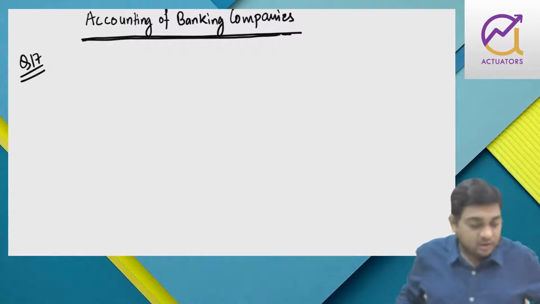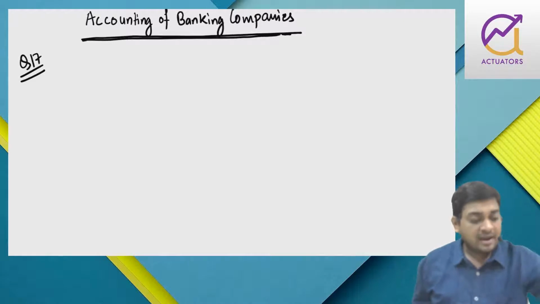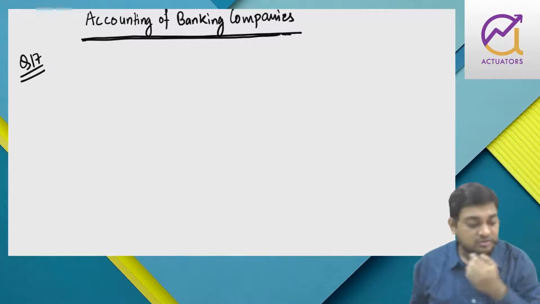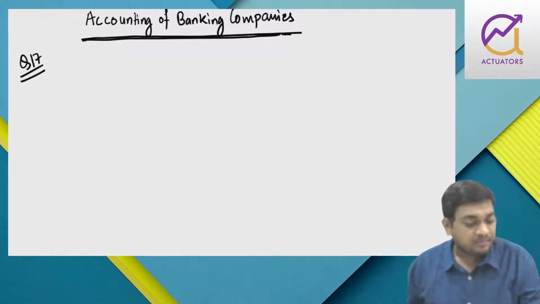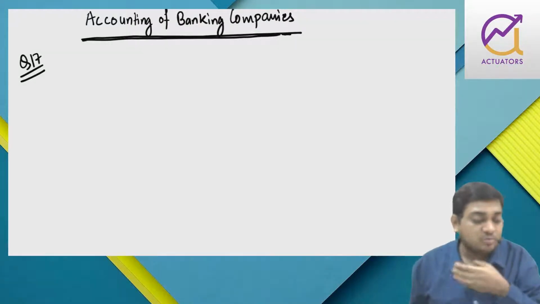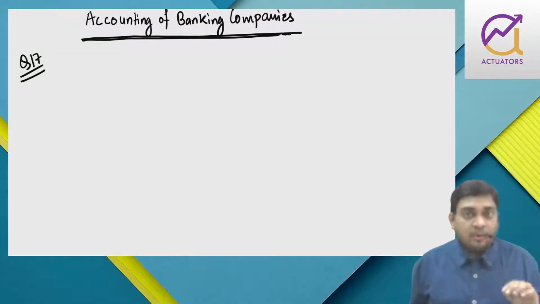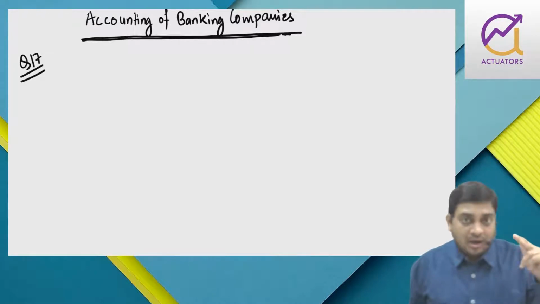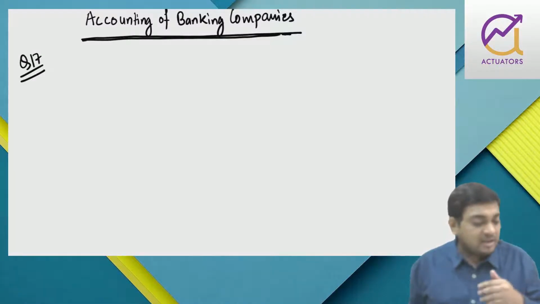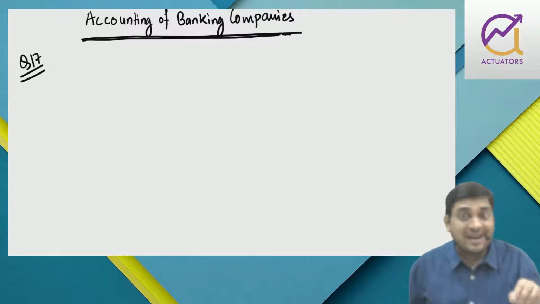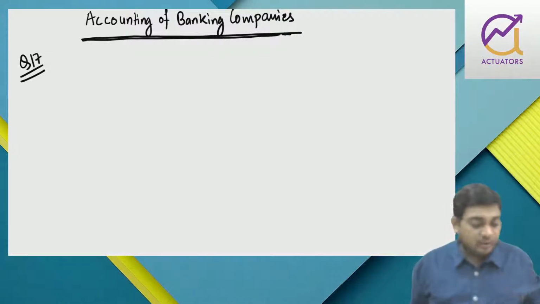First of all, whenever you get a problem, there are two parts. First part, they have asked us to prepare profit and loss account of the bank, extract showing net profit or loss, right? So here we don't have to prepare the full PL. They have told us extract. It means they're asking us to prepare only up to net profit, because in order to complete, we need the opening balance of PL, we need appropriations, right? That opening balance of PL they haven't given. That is why they're using the word extract, means just part of PL till net profit.